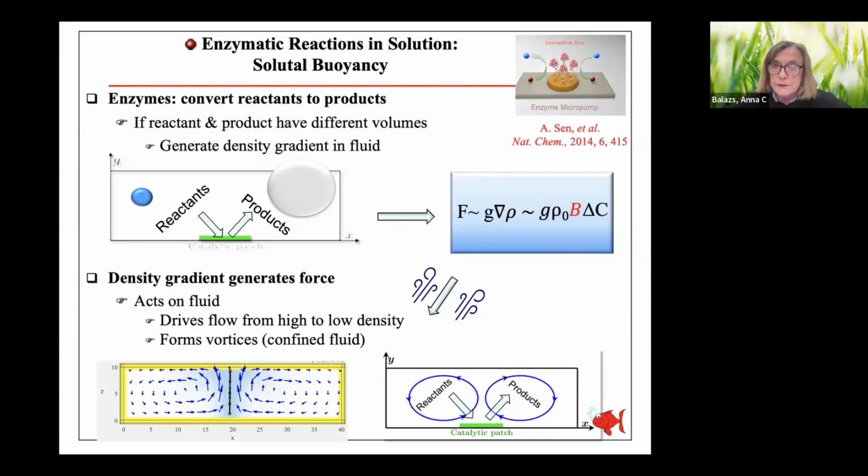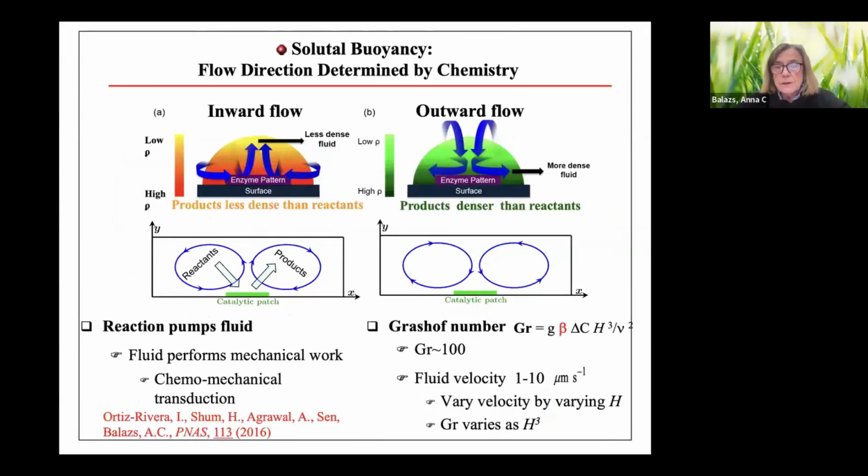And every story I'll tell you is a confined fluid. So they're in a confined box. And so when it imposes a force, fluid doesn't have too far to go, it can only go up to the top, around the sides, and along the bottom. And so it creates these beautiful vortices, and it's those vortices that I'm going to use and pattern to make the designs I'd like. So in this process, and this process is called solutal buoyancy, it might look familiar in